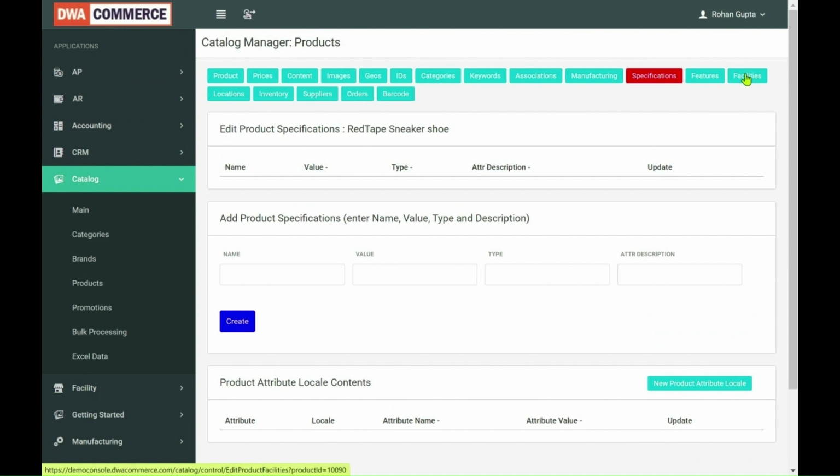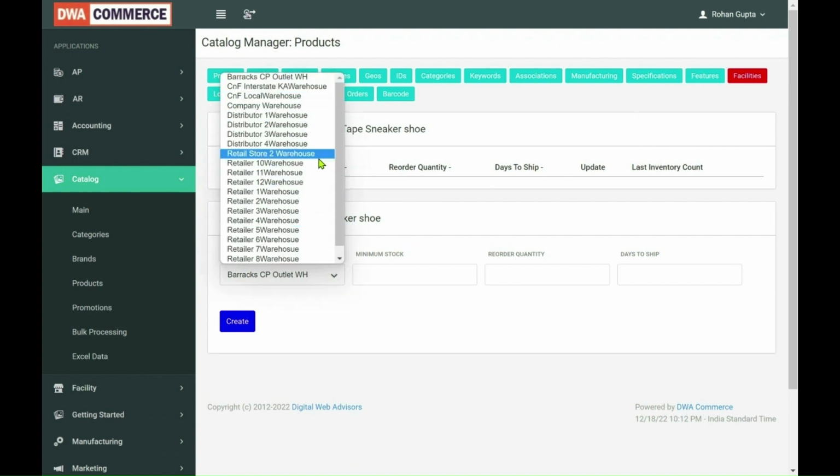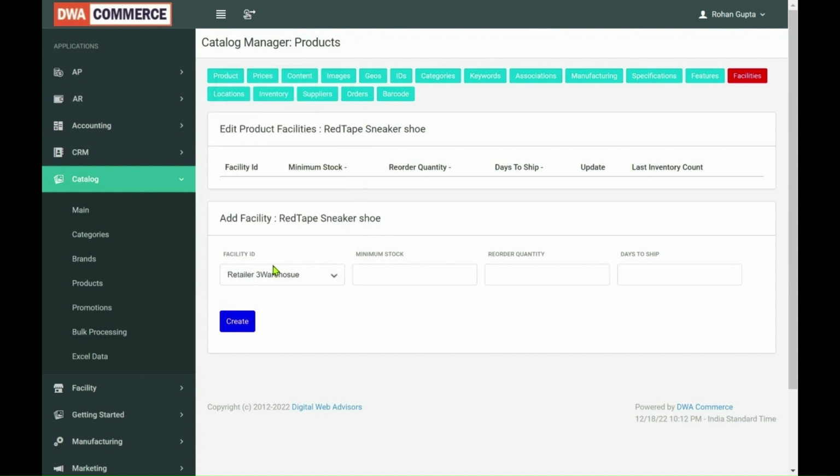Next we'll move on to the facilities button. So we'll click on facilities. So we have the option add facility. So we have selected a facility IT. We can select minimum stocks. Then we have the reorder quantity. So whenever the stock goes to 690, we will order automatically 200 quantity, and then we'll have to select the days to ship. Click on create,